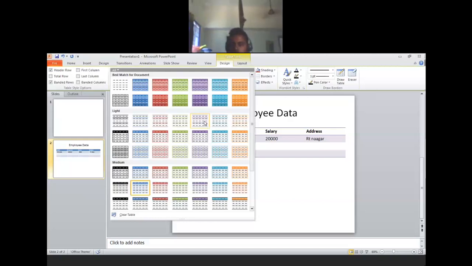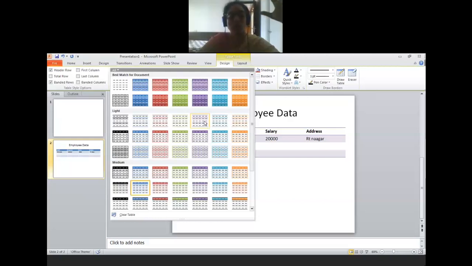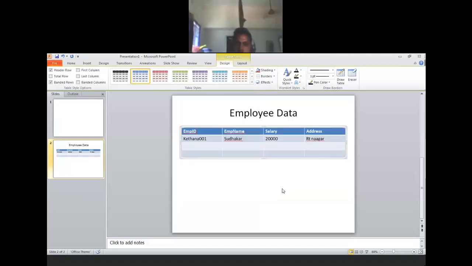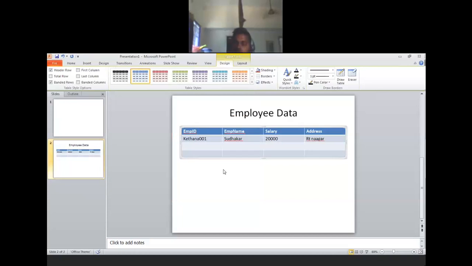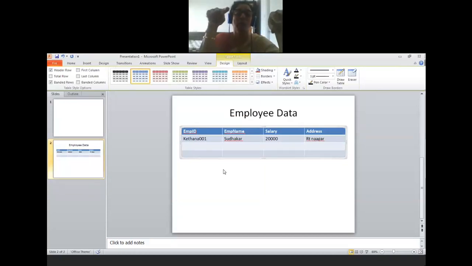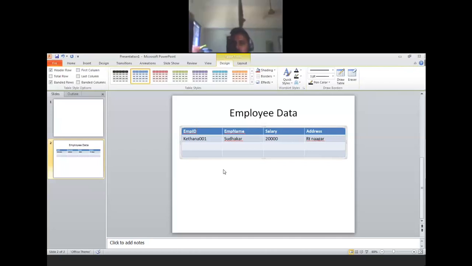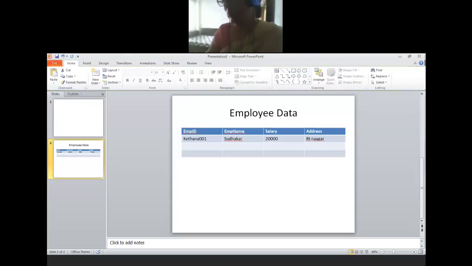You prepare the table with rows and type everything. Then click on the table wherever you have prepared it, and the Design and Layout options will appear. After that, whatever colors you want, you can click on them. If you click on a color, it will apply automatically to your table. Understood, ma'am?